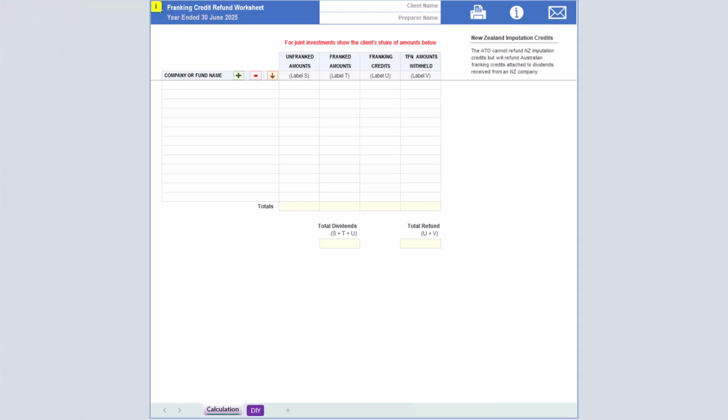Alex gives Charlie a collection of dividend and tax statements for a retired investor client who is not required to lodge a return, but who wants to claim a refund of the imputation credits. Charlie uses our franking credit refund worksheet to prepare the figures for the application form and gives it back to